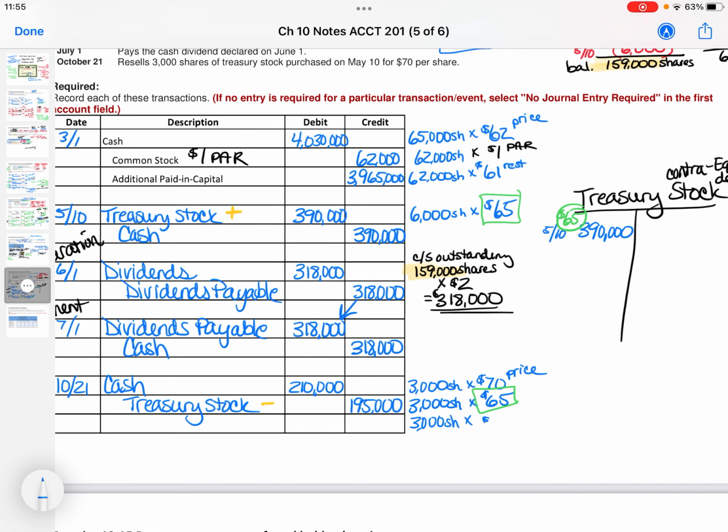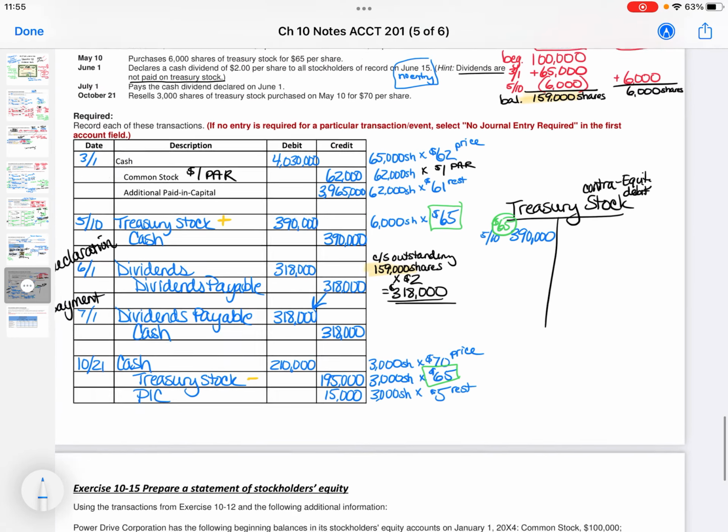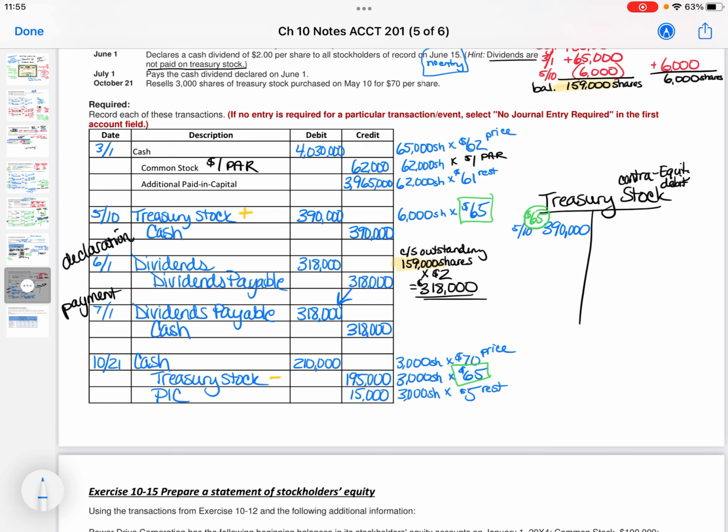That leaves me with basically, okay, I'm going to try to be careful of this word here, but I'm going to say profit. The difference is $5. That's the rest. And it's kind of like how much money you made on this, because you bought back your stock and then you resold it and kind of made some money. You're not really supposed to make money on your own shares of stock, but as long as it's not with insider trading information, that's a hard thing to prove here. However, let's not get into that.